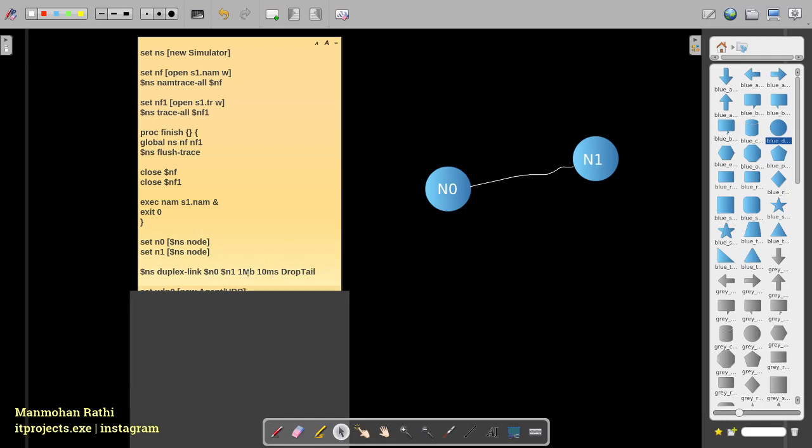The speed we have given here is 1 Mbps, and 10 millisecond delay for transferring packets. And also the duplex link basically means that the link will be able to send and receive, like the packets can go and come both ways. Both ways transmission is possible.